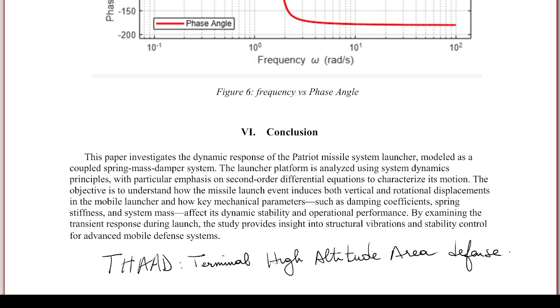The damping coefficient and the damping ratio all came into our study. By examining the transient response during launch, the study provides insight into structural vibration and stability control for advanced